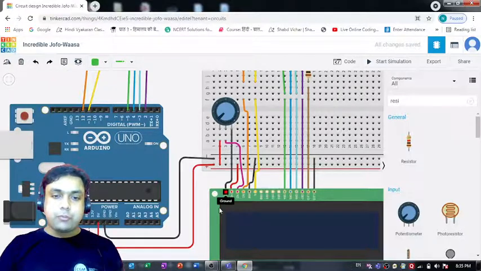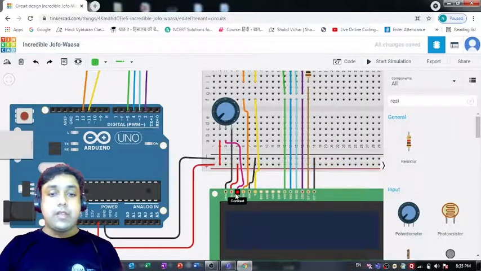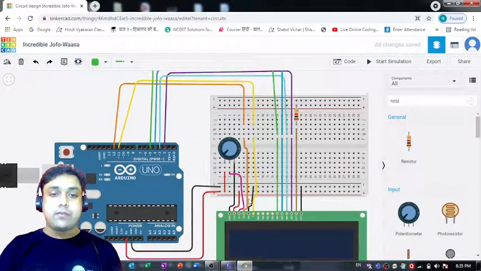Then this first pin of LCD I've connected with this terminal 2 of potentiometer, this VCC pin, because it's VCC, so we need to connect it with the positive terminal. So I've connected it with the positive terminal of the breadboard. This is V0, so we need to connect it to the wiper pin. Right, then we have this R select. As I've told you, it's the register select, so we have to connect it to one of these pins over here. I've connected it to pin number 12.